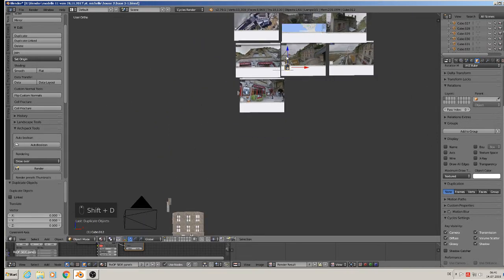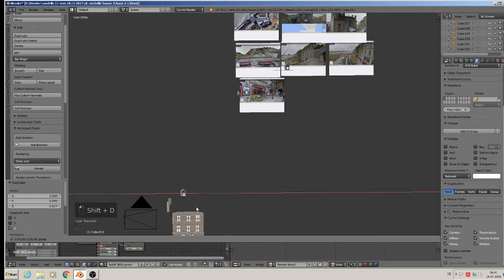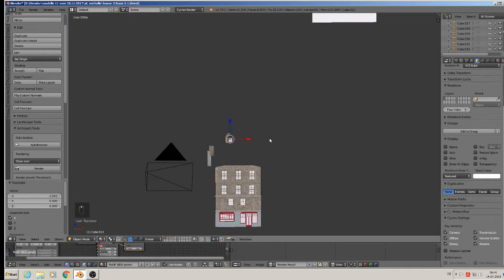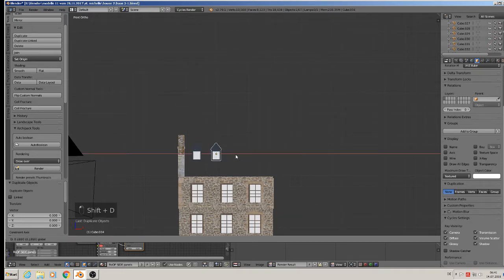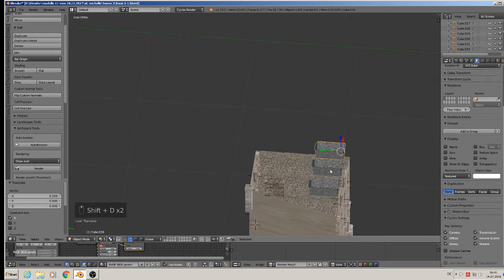So Shift D, bring it to our house there, and we take there 3, so Shift D and Shift D, and for the back side Shift D, rotate set 180,